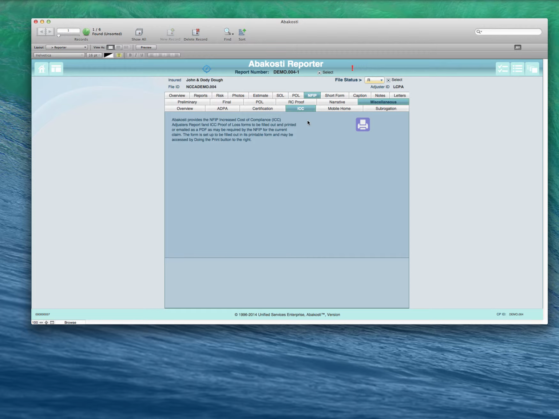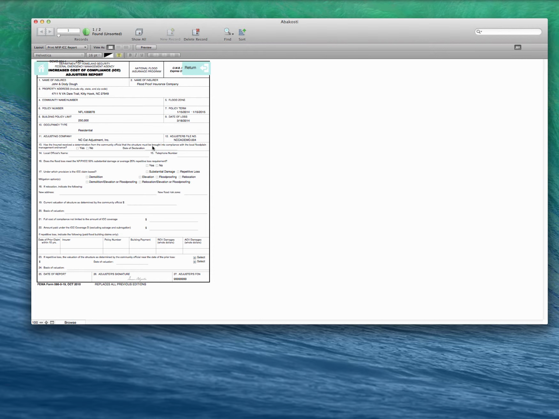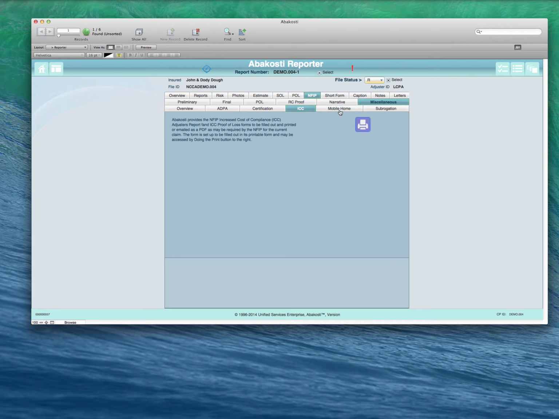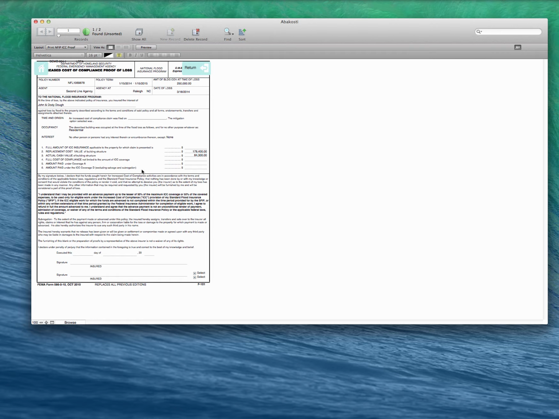Then there's the ICC forms. To complete the ICC form, you go here, fill it out. Information that has already been entered in the database will show up, as you can see here, policy, terms, etc., date of loss. The rest of the information, you can manually enter it. Again, for the ICC proof,